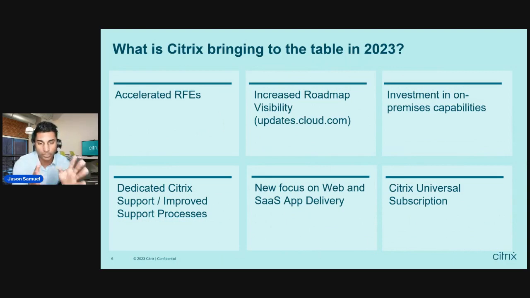There are actually 4 different filters that you can use. It'll show you everything that's released on the day of, and then it also shows you stuff that's in development, stuff that we're thinking about, and you can actually give feedback on some of these things as well. So we want to be very transparent on what we're doing at Citrix from the product side.